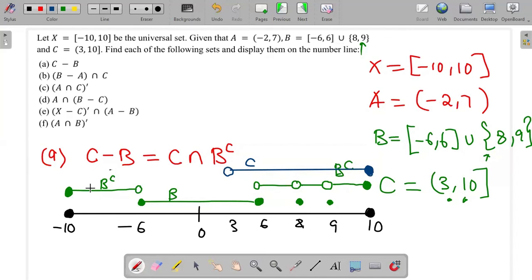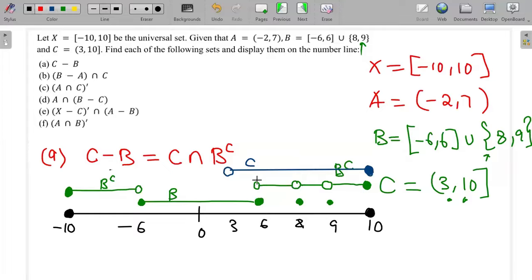Where is the blue line on top of the green line? That's what we mean by overlapping. So these are overlapping starting from here, but there are those points that we are going to actually remove. You can see that they are overlapping from, what is the endpoint here? From 6, and then all the way to 10. But there are two more breakpoints there, because 8 is not included, and